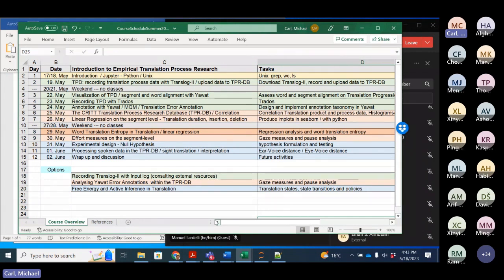thought that it's a good idea to have an interface with this tool to record keystrokes and gaze data that are produced in Trados, which professional translators use, so as to have a more realistic assessment of the translation process. Translog here is more a research tool that has an artificial interface.